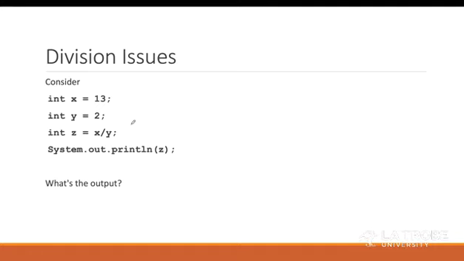Now the issue here is, let's consider this example. So you have two variables of type int, and the values of them are 13 and 2 respectively. Now we are trying to divide these two integers. Let's say you are saying x divide by y. Typically if you divide 13 by 2, it's going to give you an answer of 6 point something. So again you are storing it inside an integer. So System.out.println, now you are printing the value of z, which holds the division of x and y. What's the output?